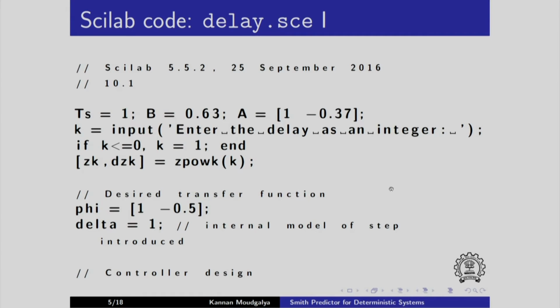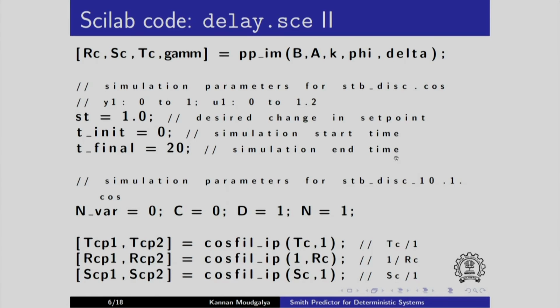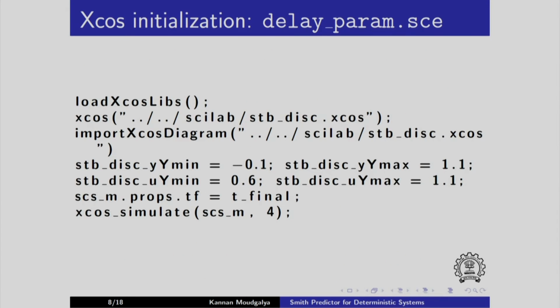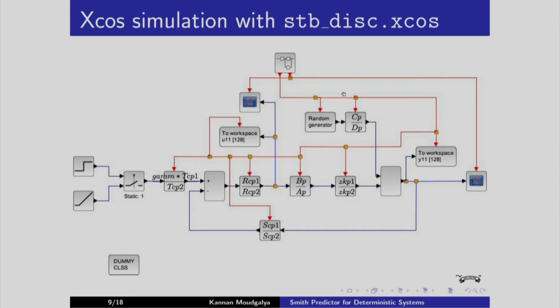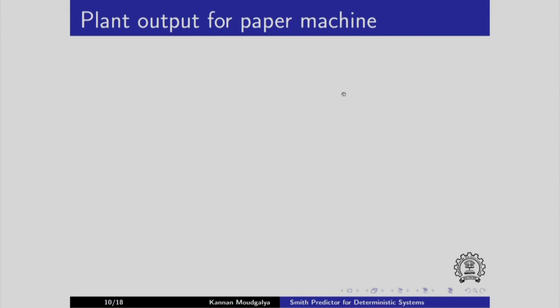Here is the Scilab code delay.sce. It uses pp_im, which was presented earlier. After execution, run this delay_param.sce that sets up parameters for xcos and invokes the xcos model given here. Its screenshot is here. On execution,